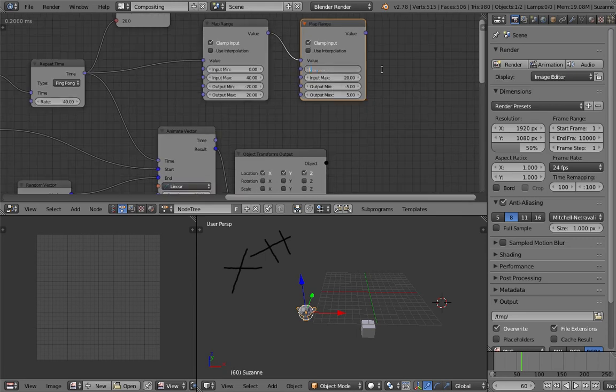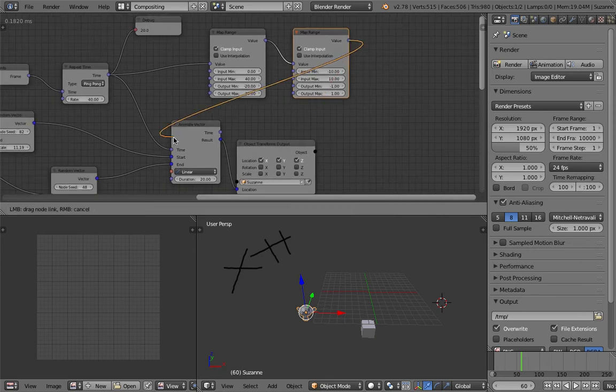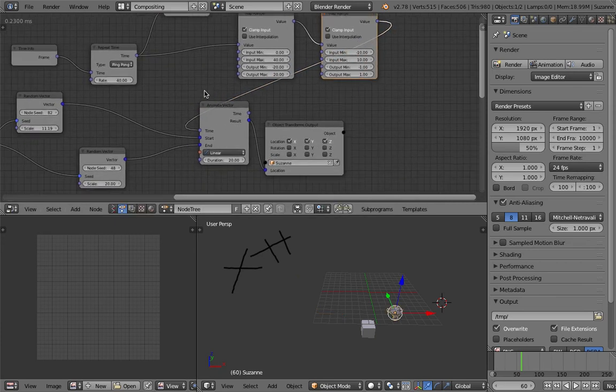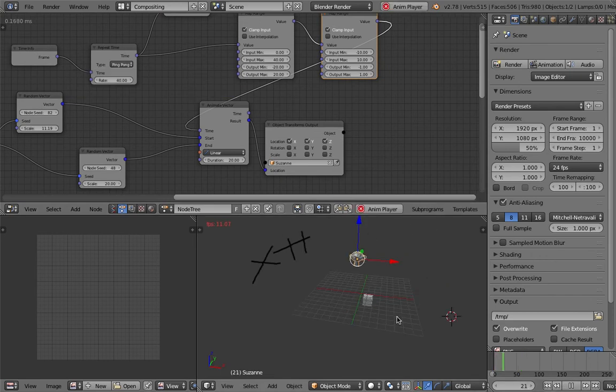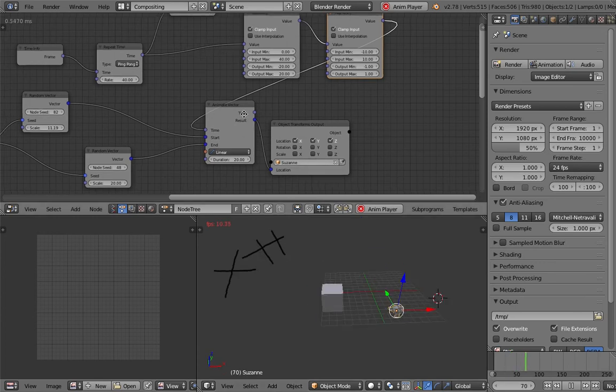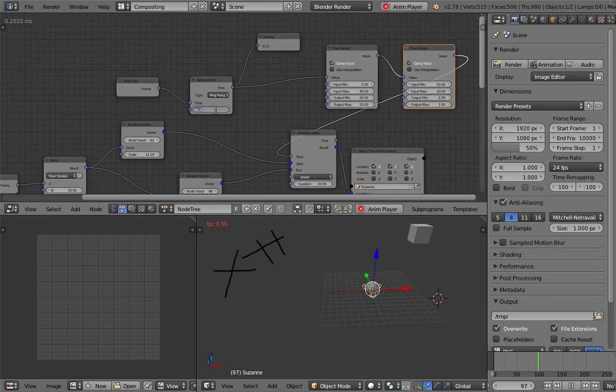Okay, minus 10 to 10, clamp input, and minus 1 to 1. Maybe that's more interesting to see. With this,